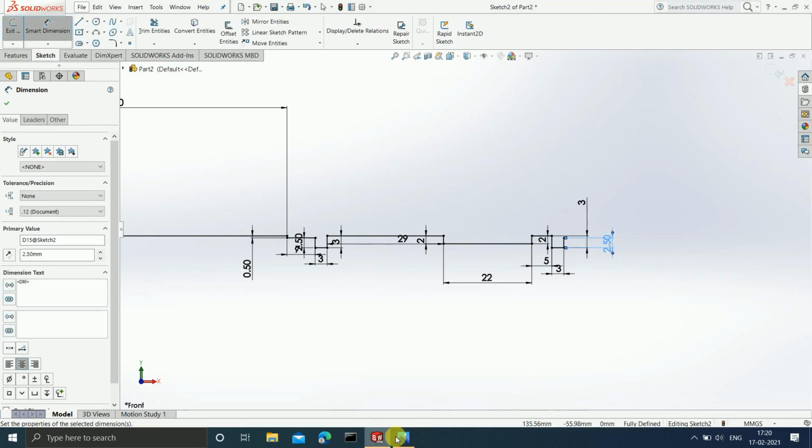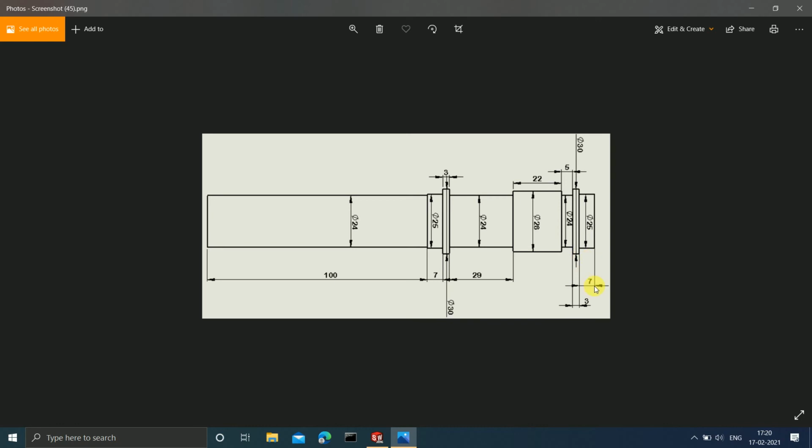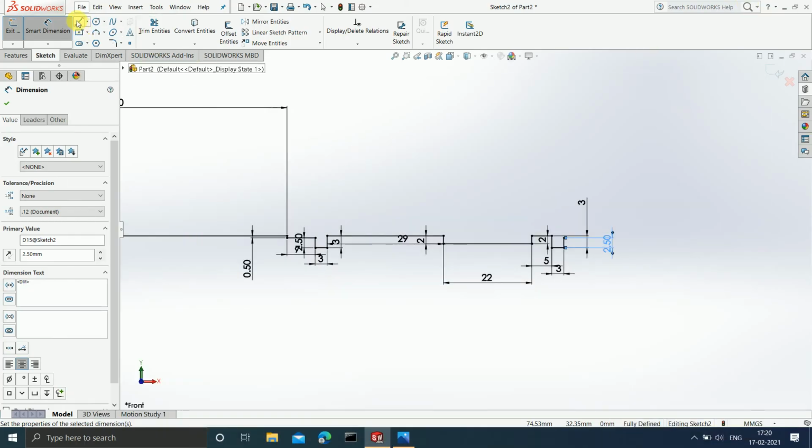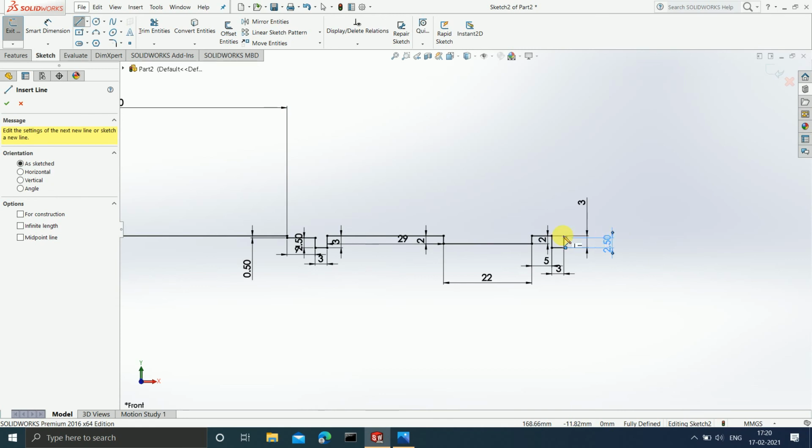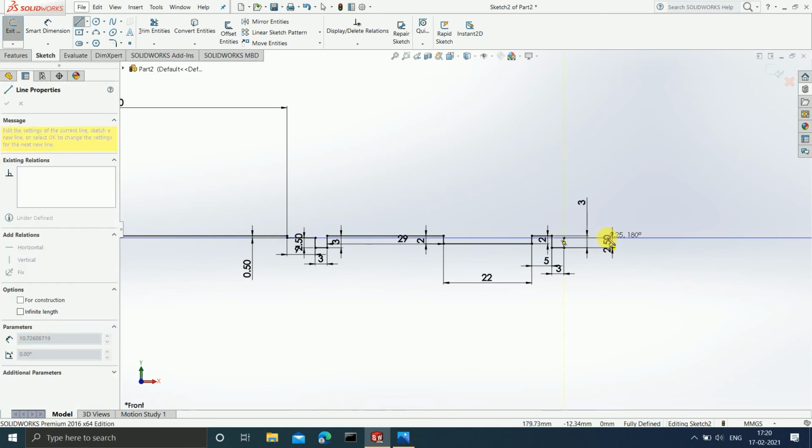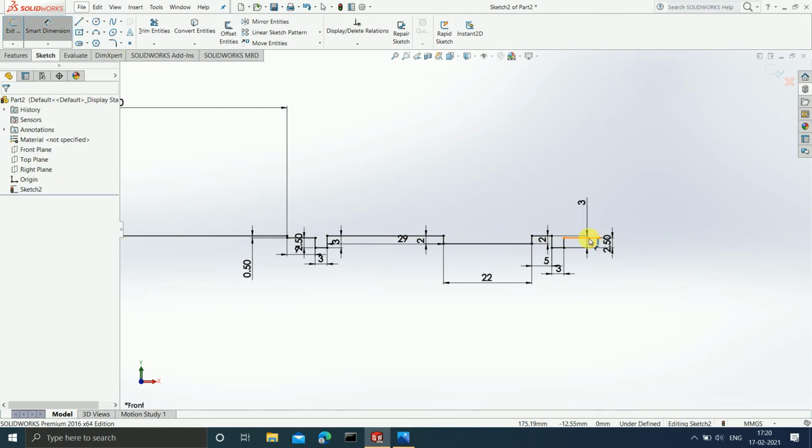And after this is done, now let's draw a horizontal line of 7. Okay, done. Let's give the smart dimensions as 7.